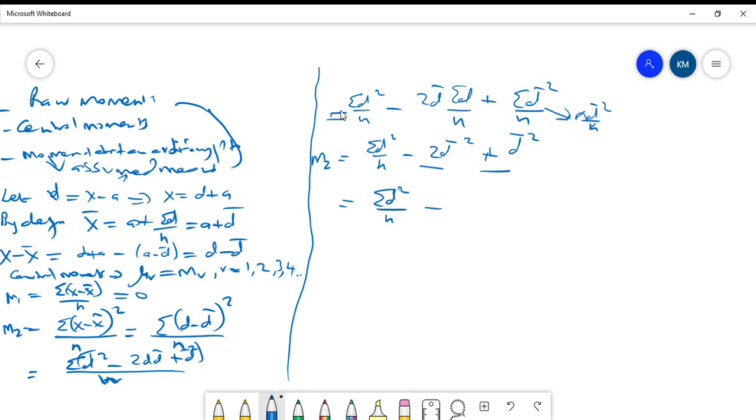But what is d bar? d bar is the mean of the deviations, which is summation d over n, and here you are supposed to square it. So from our previous definition of moments about an arbitrary point, which we said generally, when you denote this with r prime, the rth moment about an arbitrary point is given by summation x minus a, raised to power r, divided by n. But we have just discovered that this is equivalent to what? Summation d minus d